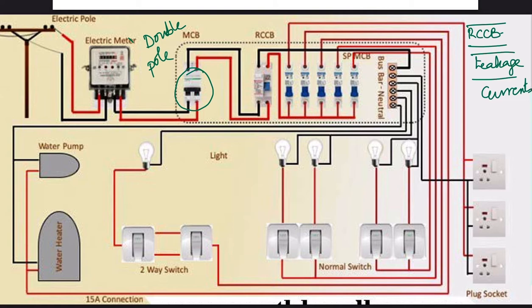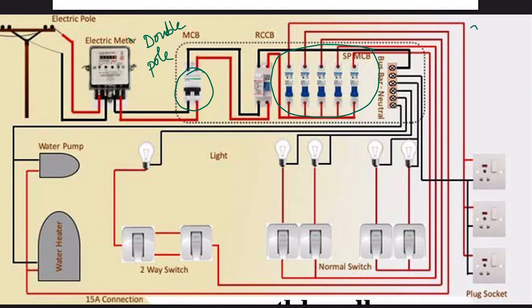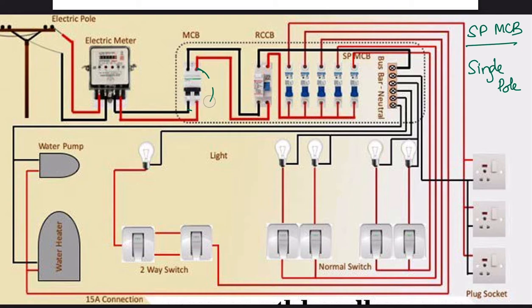In contrast, if you see this type of MCB, this is known as an SPMCB, or a single pole MCB. It is called a single pole MCB because it only disconnects the live wire. It does not interfere with the neutral. So in this figure, you see that once the electricity reaches the MCB, it then goes on to the single pole MCBs, and these different MCBs are used to connect different